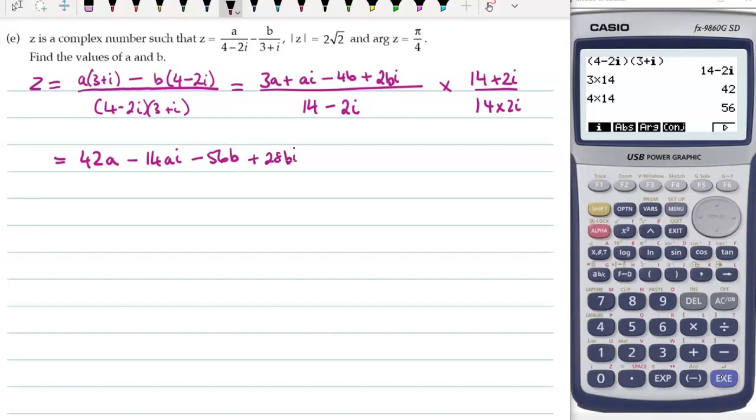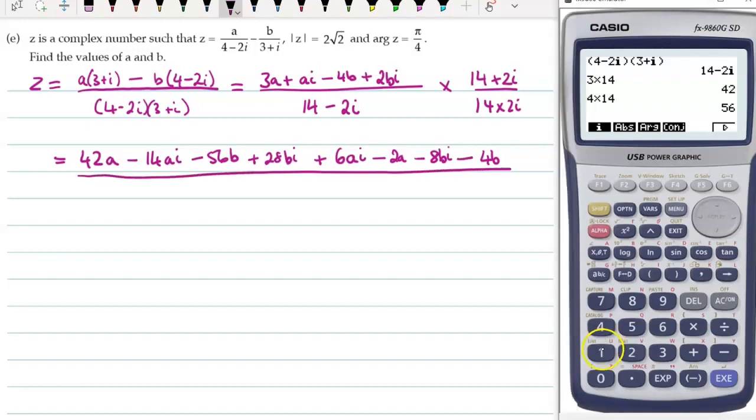Then putting the 2i, multiplying that across, we'll have 6ai, 2ai squared. So that's going to become minus 2a. Then we have minus 8bi plus 4bi squared. And again, the i squared becomes minus